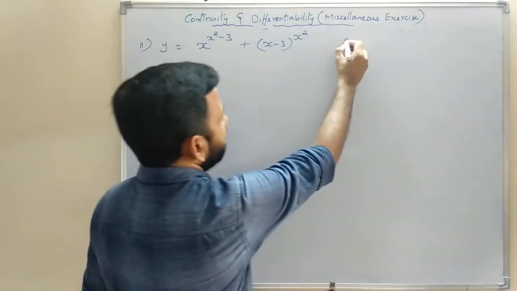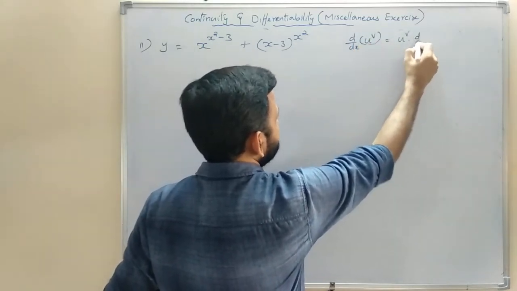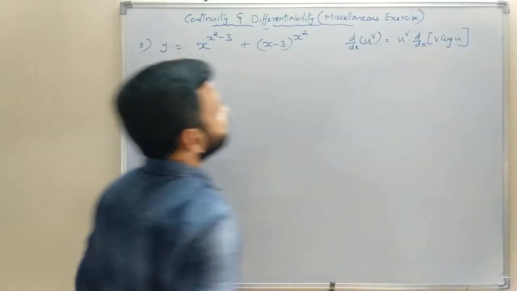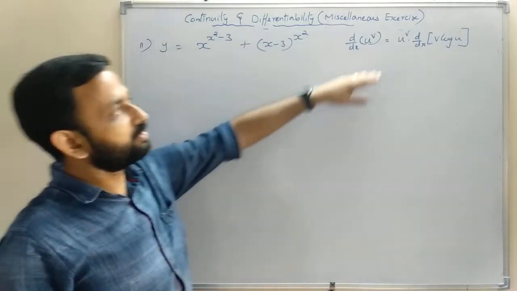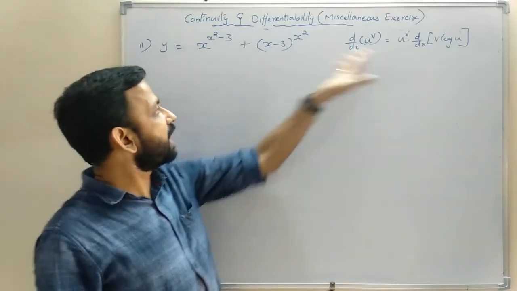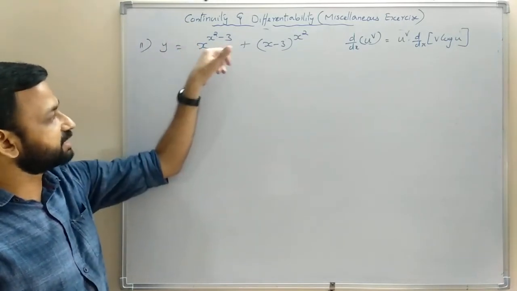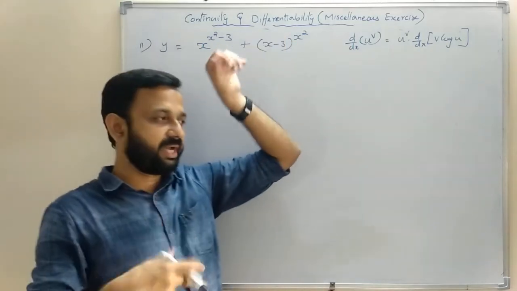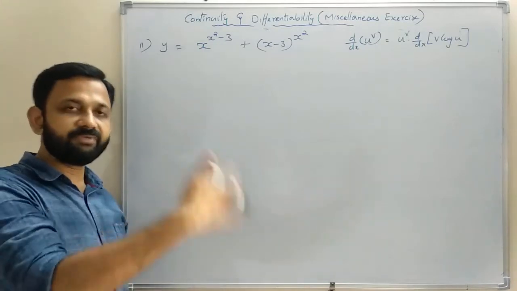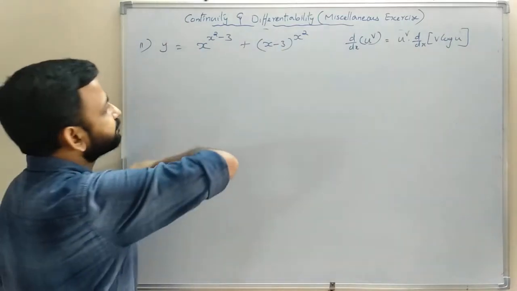Then we will use the formula d by dx of u raised to v is equal to u raised to v into d by dx of v log u. If you are using that formula, then we can do it in one step. If you are not using that formula, then you have to take it separately. We can take this function as a and this function as b. Then by logarithmic differentiation, we will differentiate separately, then we will find the sum of those two expressions. That will be the final answer, or we can do it directly.